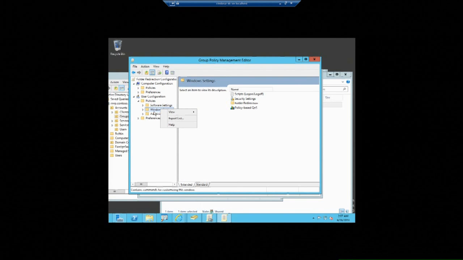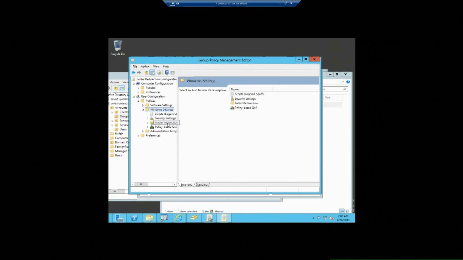Documents. Sorry, folks. If I go to user configuration, policies, Windows settings, and then I go to